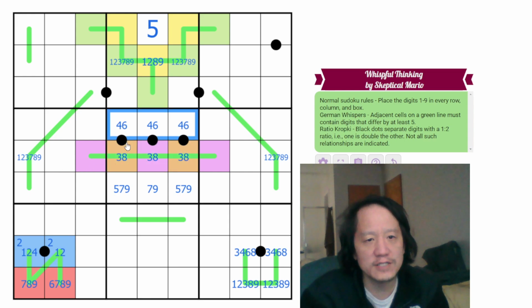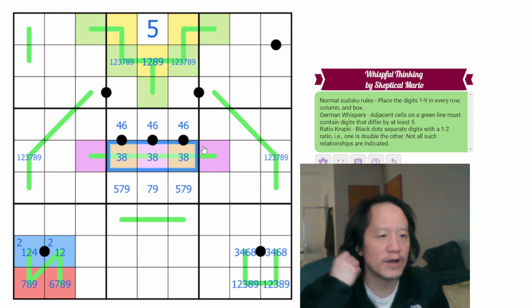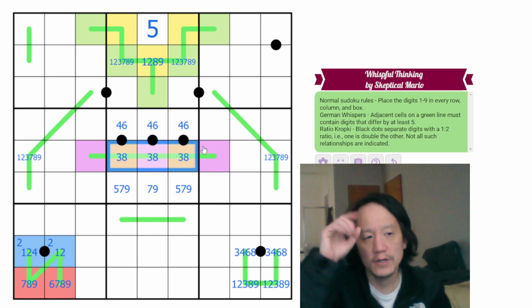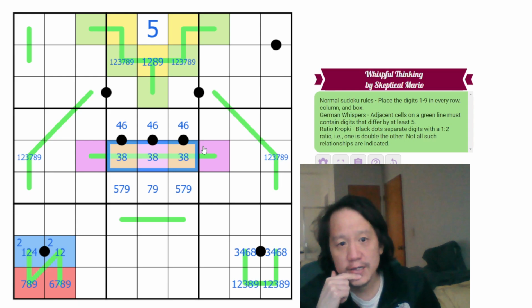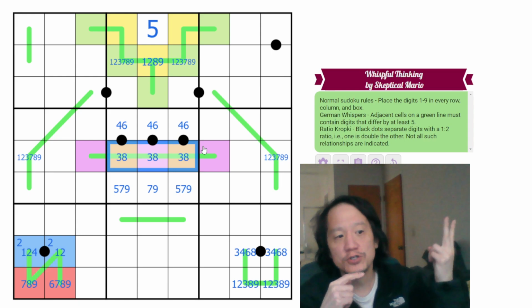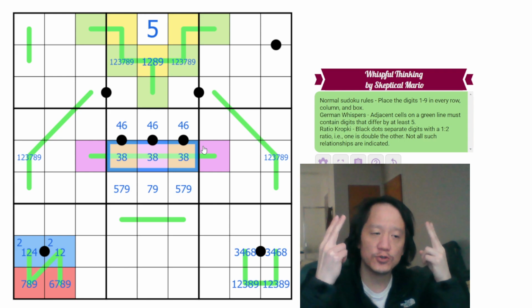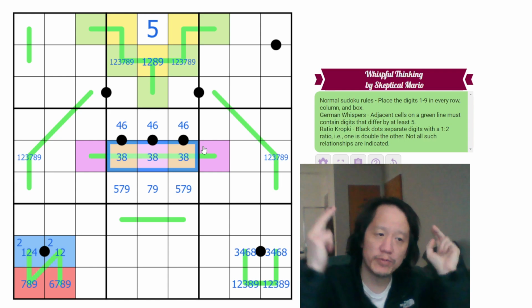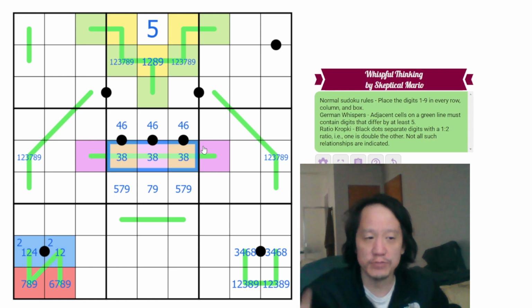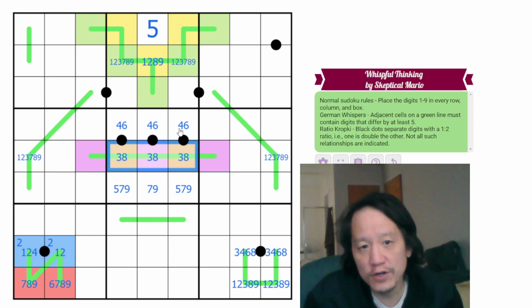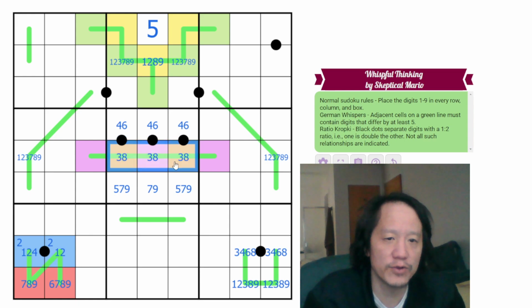Alright, so the 4 has to be with 8, because otherwise you don't have 3 pairs of 1 to 2 ratios, right? Because 1 and 2 have to be together, and 4 and 8 have to be together. Because otherwise, if you try to put 4 with 2, the problem is 1 and 8 are not in a 1 to 2 ratio, so that doesn't work. So therefore, we know 4 and 6 have to be here, and 3 and 8 have to be here, which